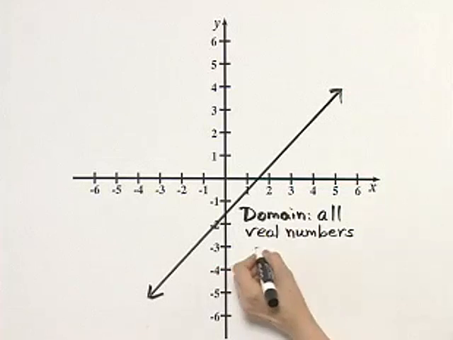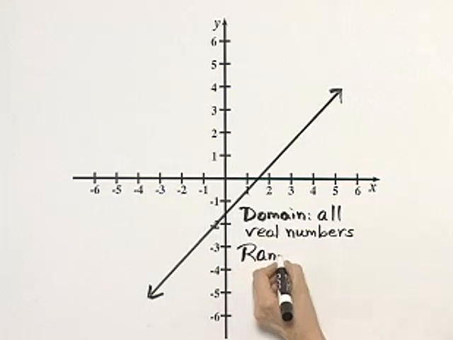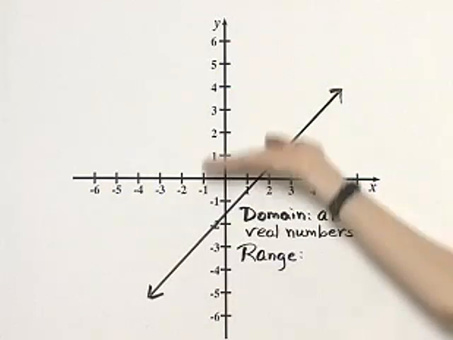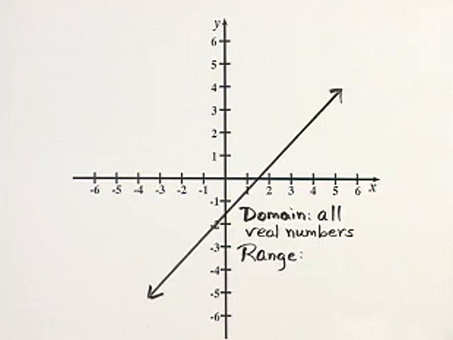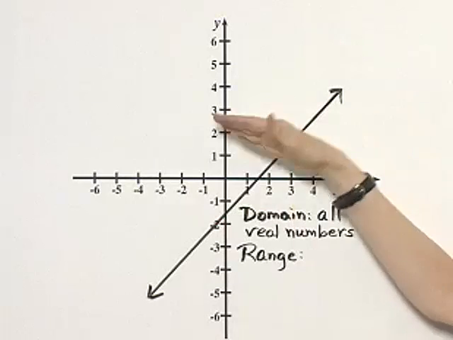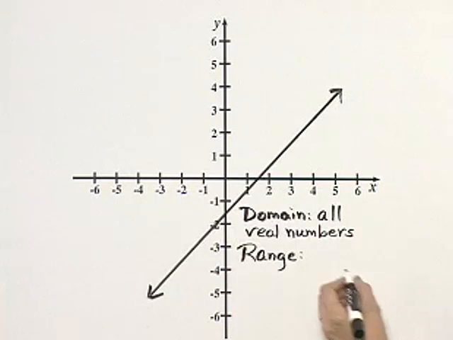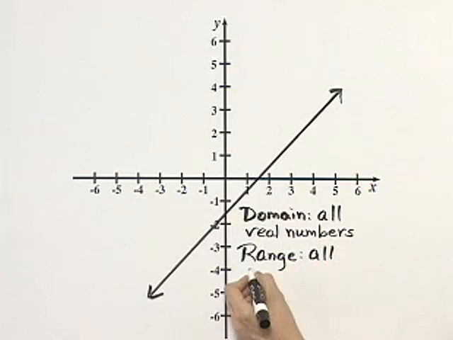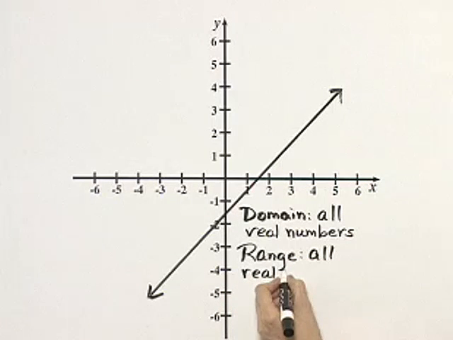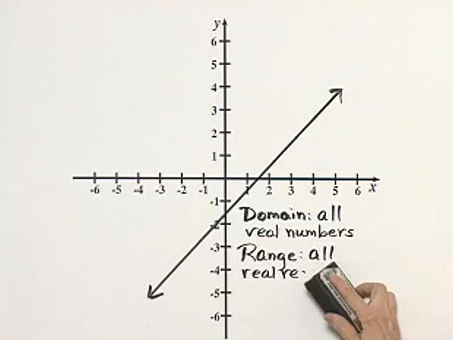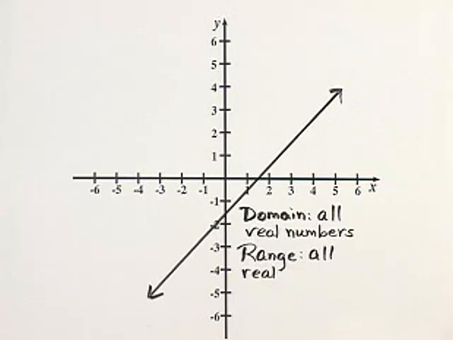What about the range? Now range, we are thinking of y values. So we're thinking of how far down and how far up this graph extends. Again, thinking of this line, how far down, negative infinity, how far up, positive infinity. So the range happens to be the same thing, and that is all real numbers. So there's our range. And while I'm writing that down, start thinking of the vertical line test, because we want